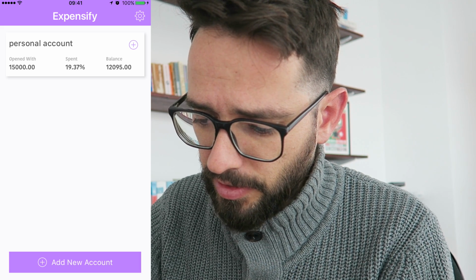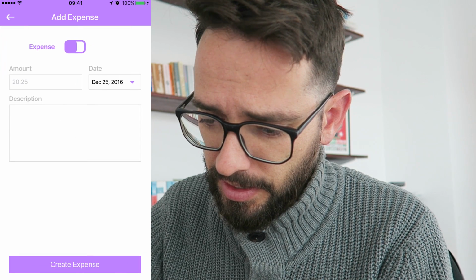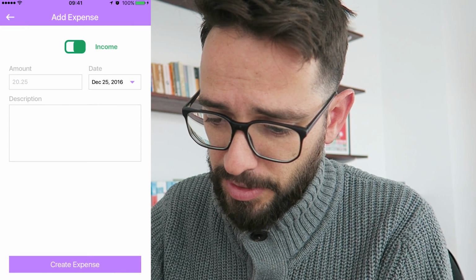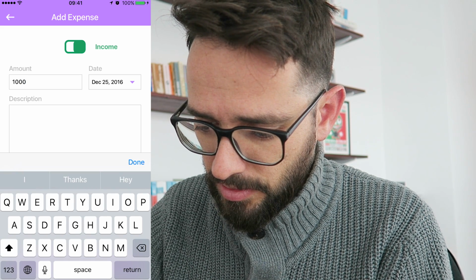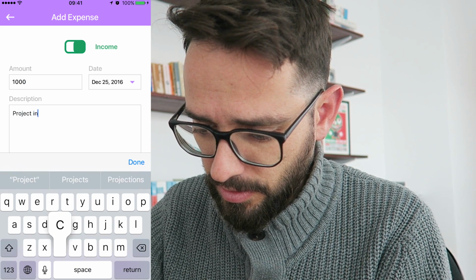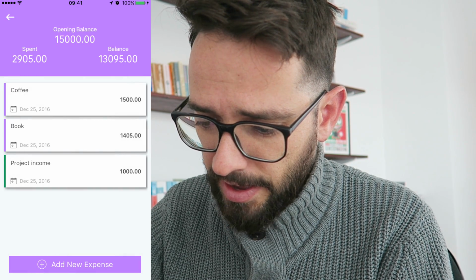Maybe. Alright, and I can create new accounts, and as it seems I can add an expense, which is actually not an expense, it's an income. So if I make the project income, alright, that will actually add money to my project. Alright, so this is how the app looks like, this is what it does, and before I go into